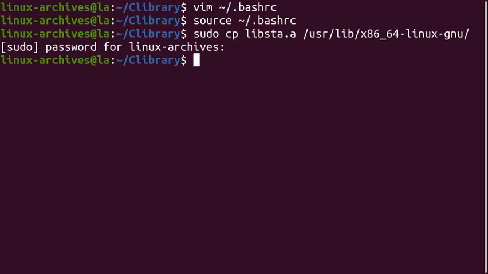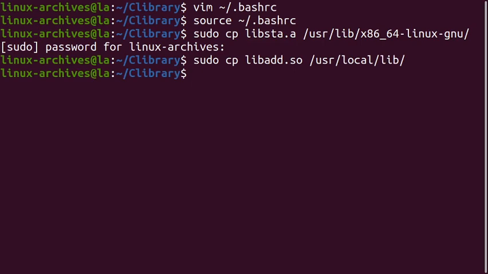Similarly, the shared object files are usually stored in the /usr/local/lib folder. We copy libadd.so to /usr/local/lib. Now we will again compile the program.